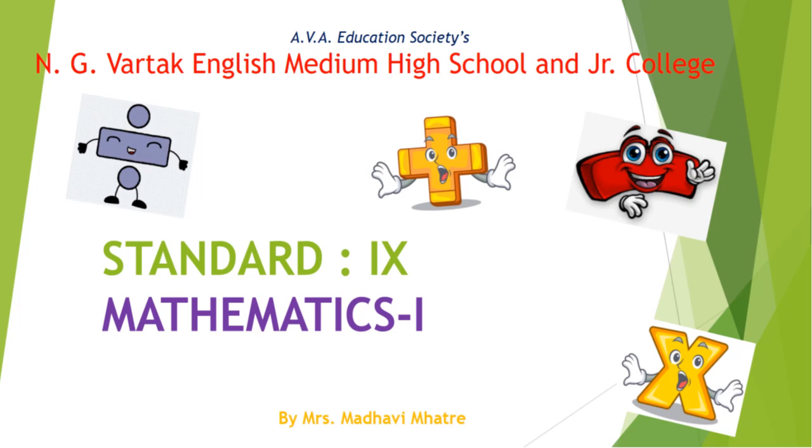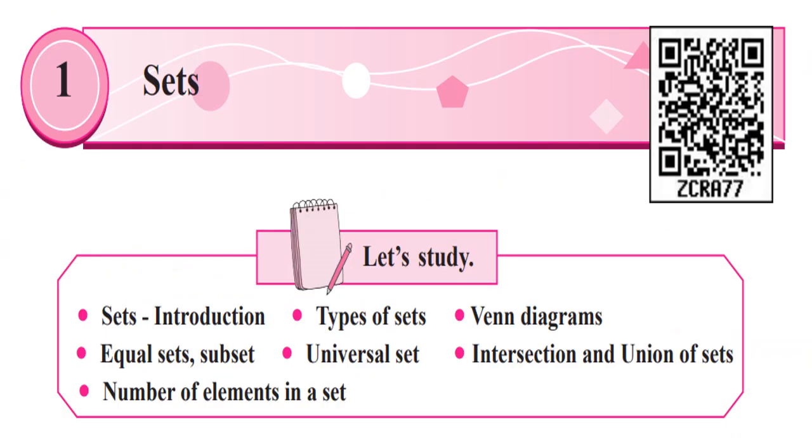We are studying chapter number 1. The name of the chapter is Sets, and in that we are now going towards the topic universal set. In the previous lecture I explained what a universal set is, and from that I made you understand the concept of complement of a set. And after that we started practice set 1.3. So let us go further in practice set 1.3. We solved two examples from that in the last lecture.